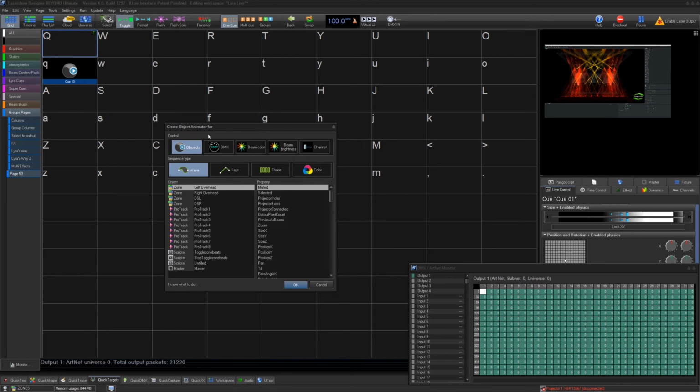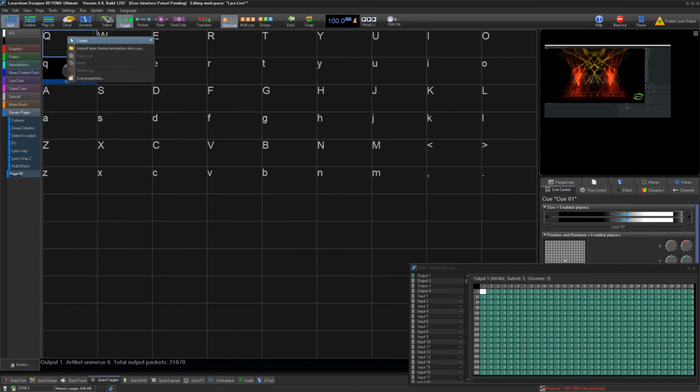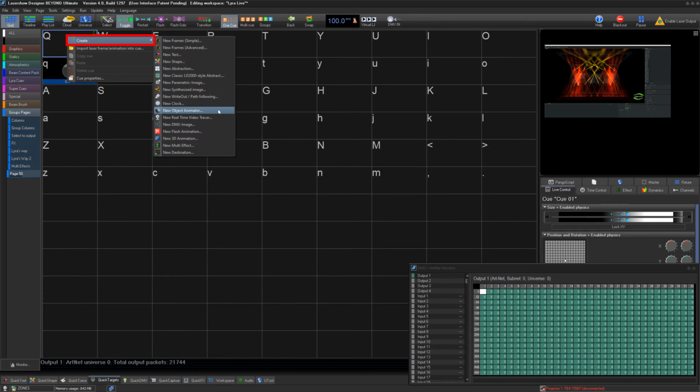The Object Animator is a queue type in Beyond which allows you to animate nearly all parameters in Beyond. This could be parameters of a zone, parameters of windows, DMX animations, and more. To create a new Object Animator queue type, right-click on any empty cell in your workspace, then Create and New